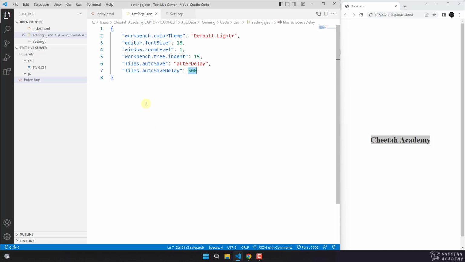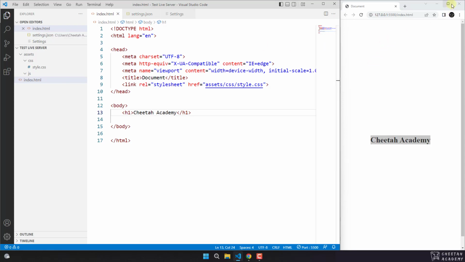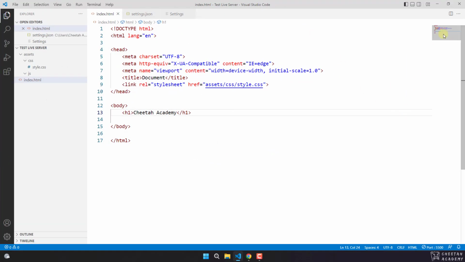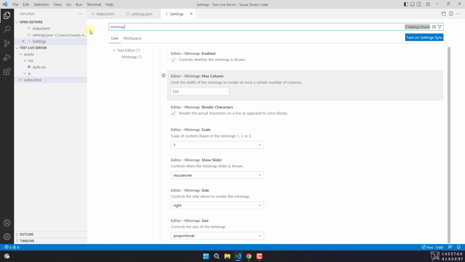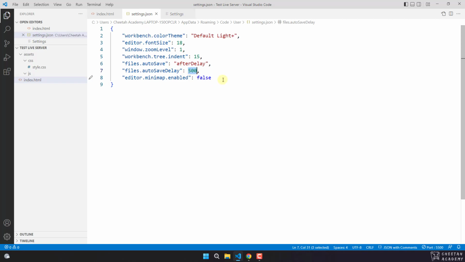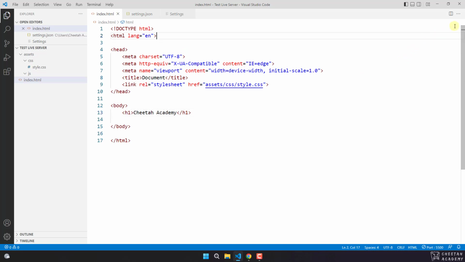Now there is another thing which we need to do. I'll close this one here. Kindly note that there is a map here, this column here which shows us our code. I want to remove this. I don't like it, so I want to remove it. Although you might like it and want to keep it, I want to get rid of it. How can I do that? I'll go here in settings and I'll type minimap. Then here I'll uncheck this. What does this do? Let's see. It says editor minimap enabled should be false. Here, if you take a look, you will see that it is no longer there